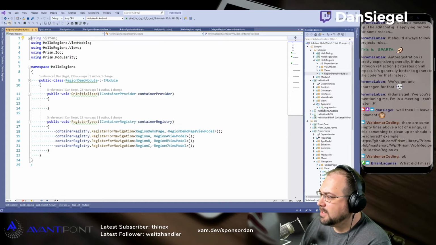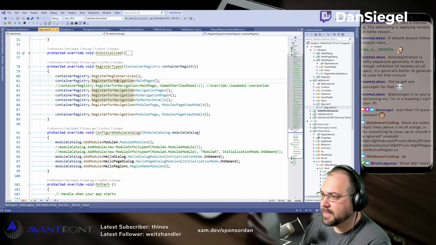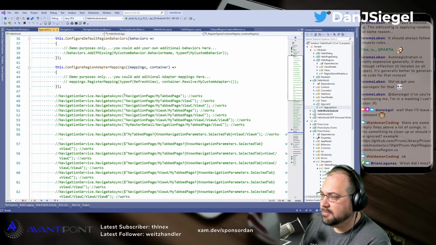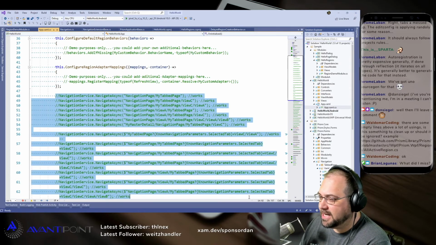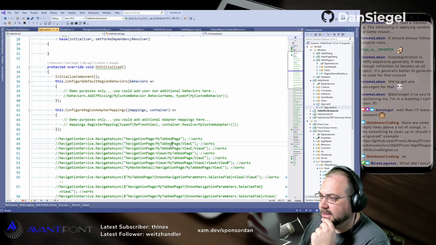But then let's go back to the application. Expand this back out. I really hate this. I'm so tempted, I just want to delete all of this, but at the same time, those are all valid things that we kind of want to test at some point or other. Anywho,